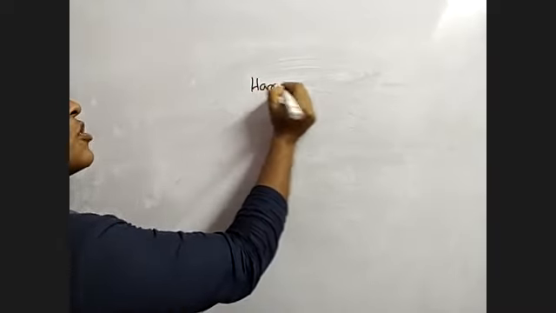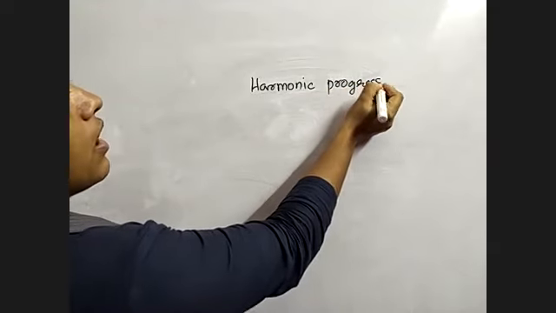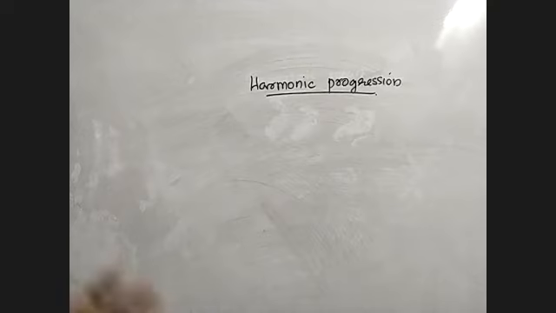Next is what is harmonic progression? That is new to you. They'll ask questions from harmonic progression mixed with geometric and arithmetic progression. That is, if the arithmetic mean is this and the geometric mean is this, what is the harmonic mean? Or if you are given three means and asked to find the numbers. We'll do such questions when you do previous year questions.